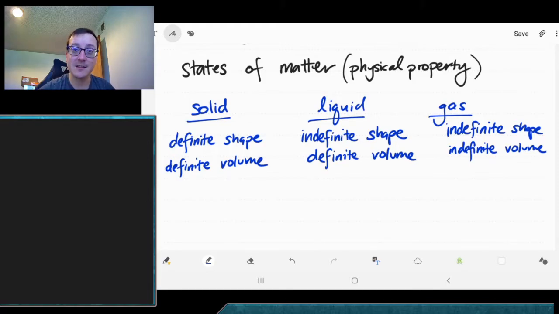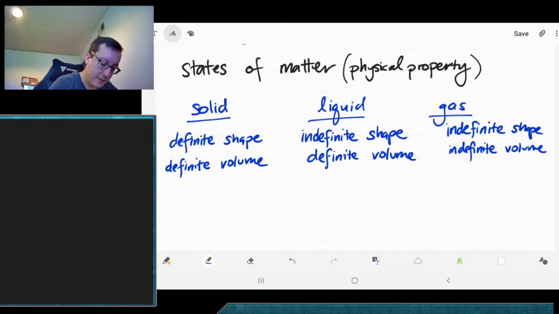So gases do not have a defined volume. Their volume will always be equal to whatever container they're in. So gases are kind of different there. So we can see here, these are kind of the main characteristics that are going to distinguish these states of matter. But we can say a few more things about them, more kind of